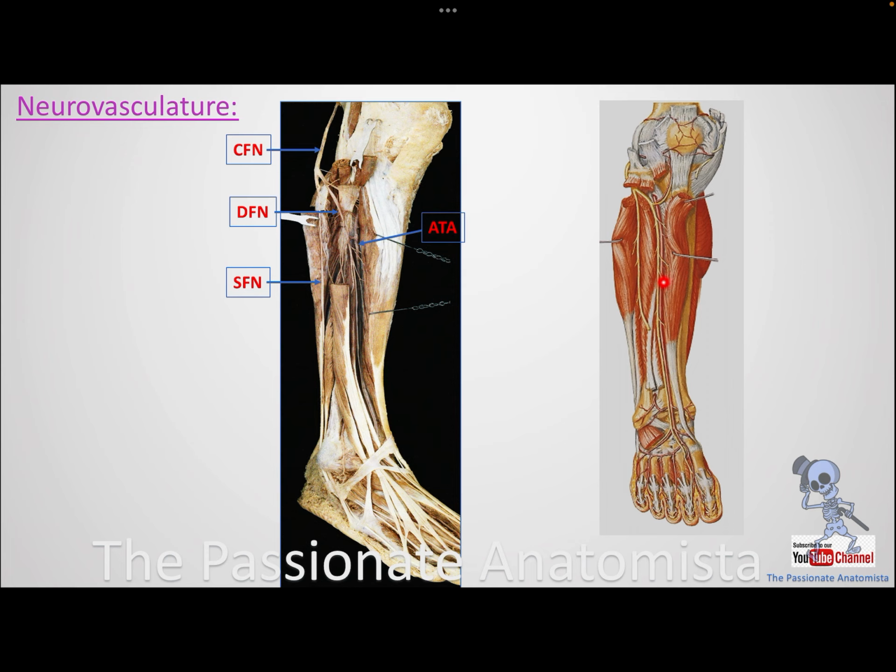All right, if you look at this picture, you will see here the yellow and red. The artery is the anterior tibial artery. Remember, once it came through the interosseous membrane, it became the anterior tibial artery, and then the nerve is the deep fibular nerve or deep peroneal nerve. Laterally, remember that around the neck of fibula, it gave us these two, that was the common fibular, and then laterally you have the superficial fibular that gives innervation to the lateral compartment. All right, so this is